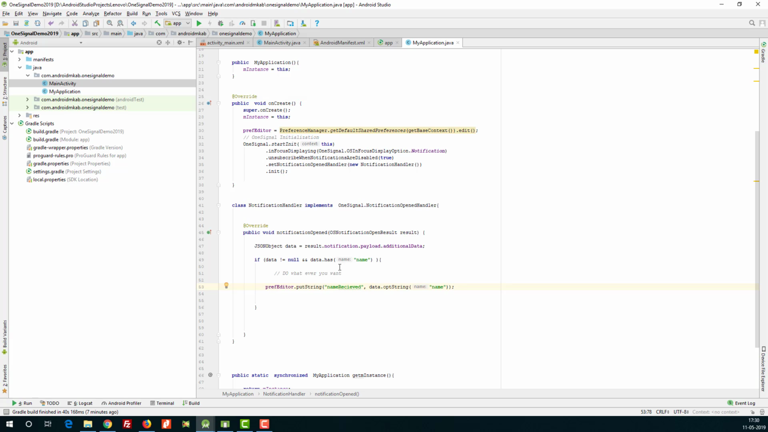So what we are doing is we are getting the value from here, the key value of name, which is coming through data into this name received. Okay, next we have to apply this one, pref editor dot apply. If you miss this, this will not be stored. Okay, then we have to go to main activity,